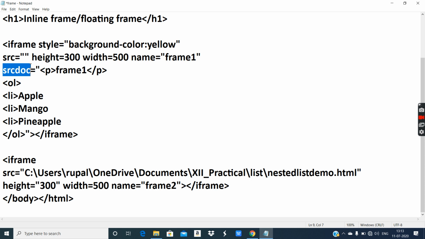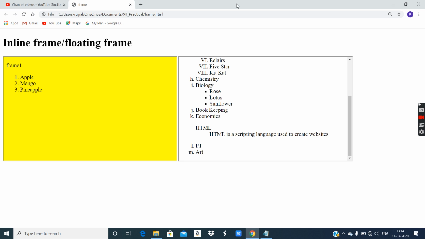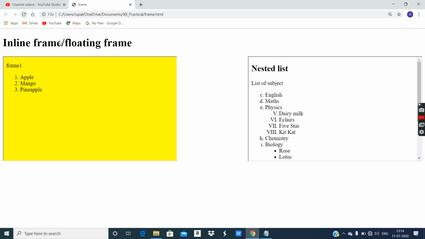One more attribute is there. As I said, you can control the alignment of the frame also. You can use the align attribute. I will show it in this second example. Align equal to, two values are allowed, left and right. Center doesn't work. For example, I'll give right, Control S, and now see, I have refreshed.